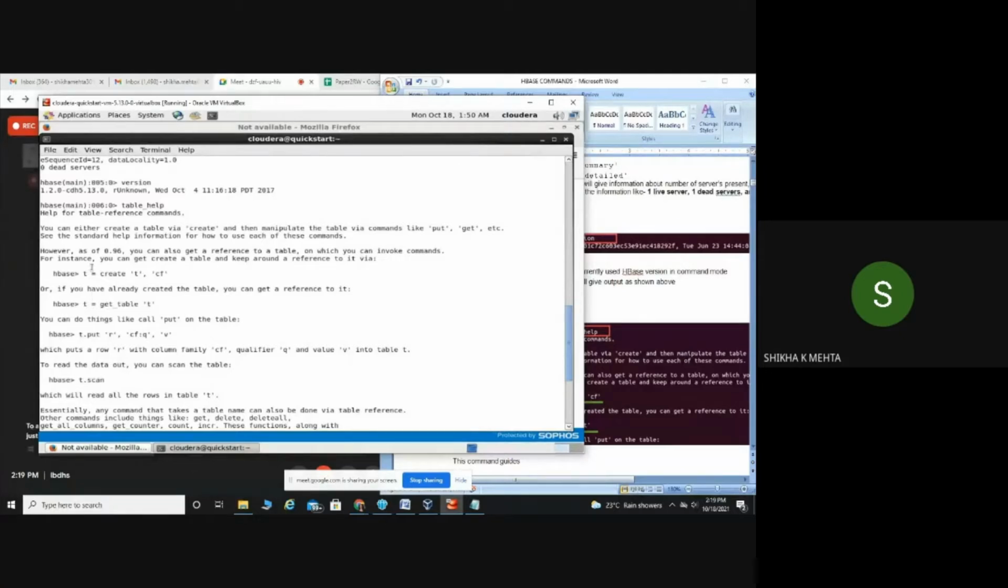So one way to create a reference for the table is this. Another way is if you have already created the table and you just want to reference it, you can write T is equal to get_table T. Now you can do things like put. So T.put R, column family, column name, and this is the value. Similarly, it will put a row R with column family CF, qualifier Q, and the value V into the